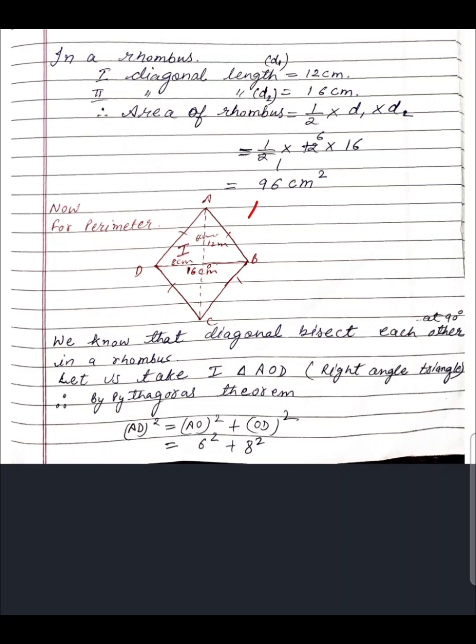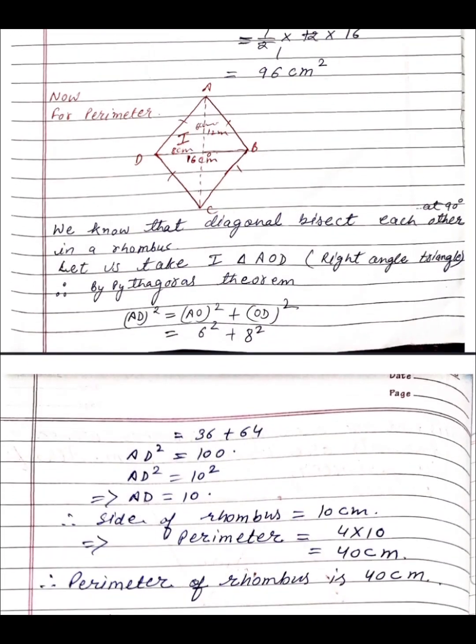So easily we can apply here Pythagoras theorem. So by Pythagoras theorem, h square will be equal to base square, that is 8 square, plus p square, that is 6 square. So 8 square and 6 square will give us